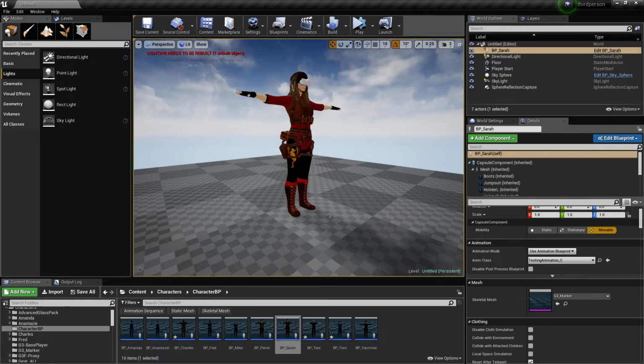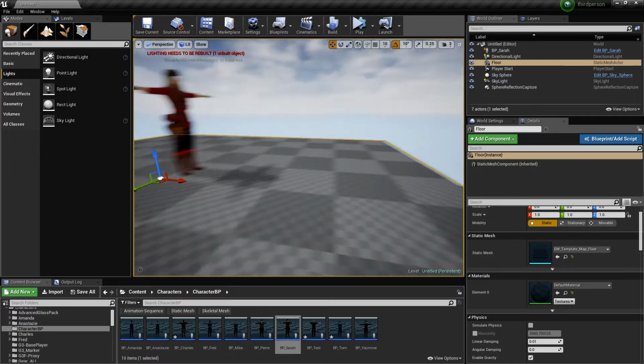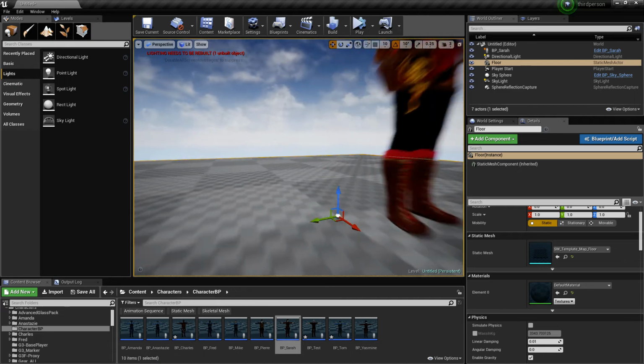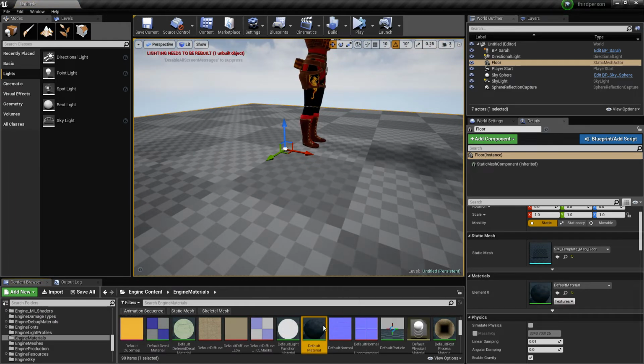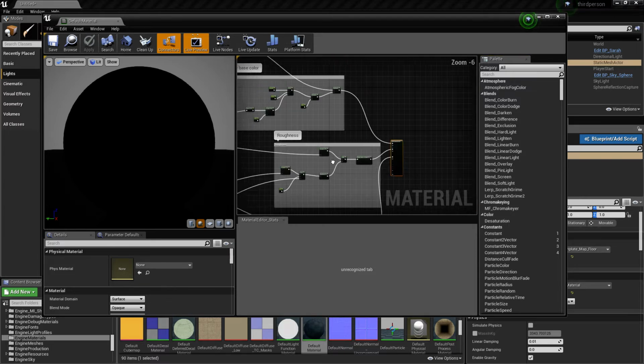So, for example, a mirror surface or shiny, like a car painted surface, has a very high reflective surface to it, where, you know, this down here is just a very basic material with very little material information. Let's see what it does have. Yeah, it has some PBR type of